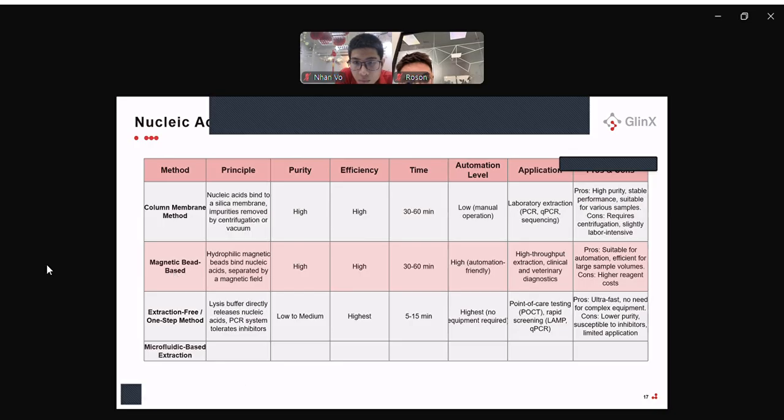And the magnetic beads extraction works by using the hydrophilic magnetic beads that bind to the nucleic acids, allowing for the separation through the magnetic field, compared to the first method we mentioned before. This is the question you asked before. This method, the magnetic beads method, compared with the column membranes method,